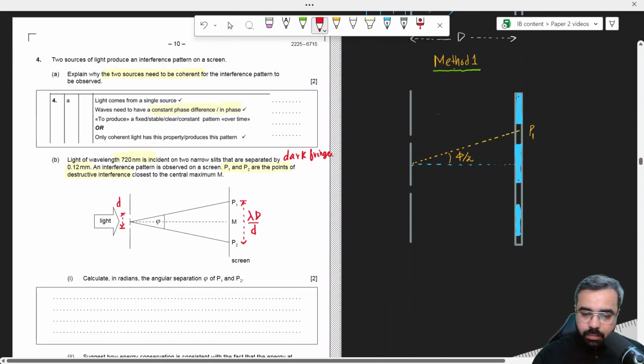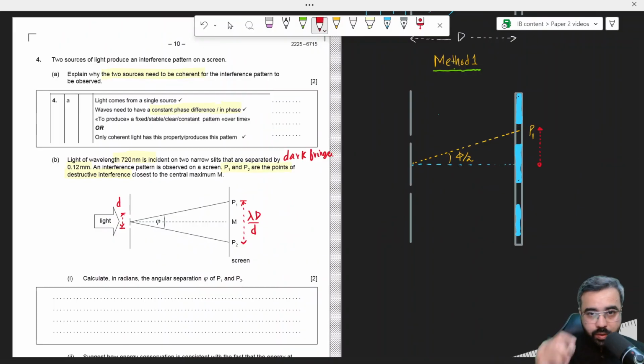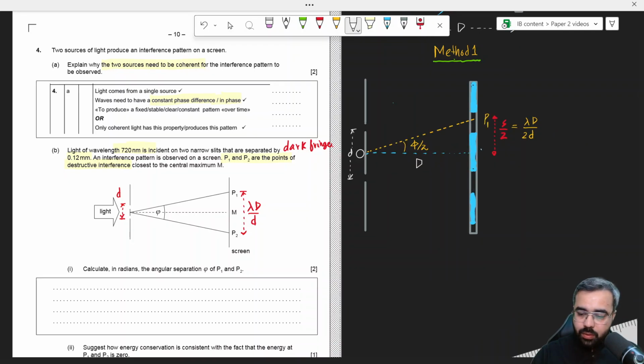All right, so the distance from this point to the middle, to the center where we always have a bright fringe, is it not s over 2? Is it not lambda D over 2d? All right, so I'm trying to show you this is a right angle triangle. Okay, the angle is given, the opposite side is given, that is lambda D over 2d. Okay, and this is our method one, remember, whereas the adjacent side is D. Okay, we don't need this thing, but I'm just mentioning it here. So in this right angle